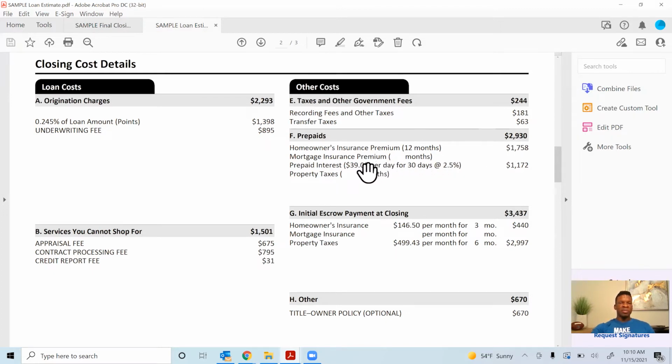And then the prepaid interest is basically the amount of days that you're paying for interest before your first payment is due. So basically, if you were to close on the 15th of the month, you skip a month after you close before you make your first payment. So they're going to collect 15 days of interest before your first payment of the total 30 days is collected